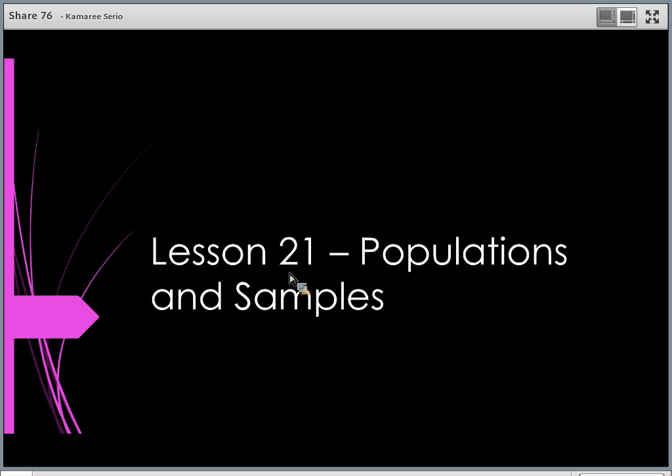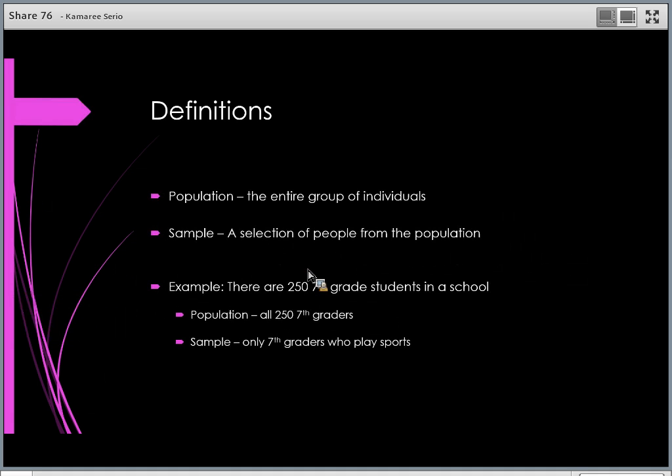And the first lesson of Unit 5 is Lesson 21. It's talking about populations and samples. So let's figure out the difference between those two things. First thing is populations. A population is the entire group of individuals versus the sample, which is a small